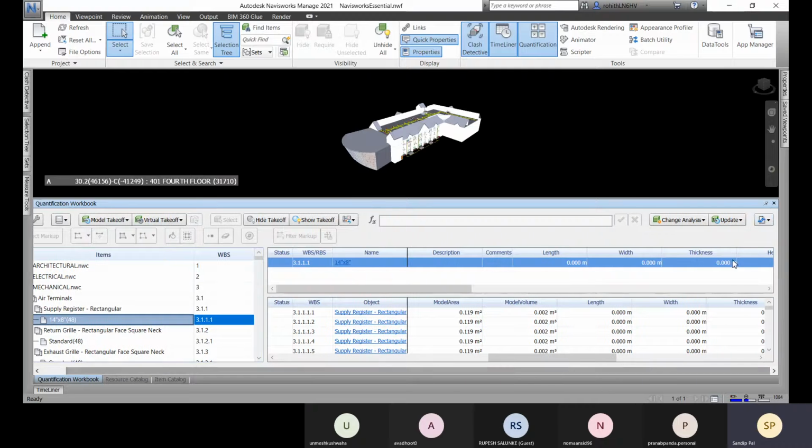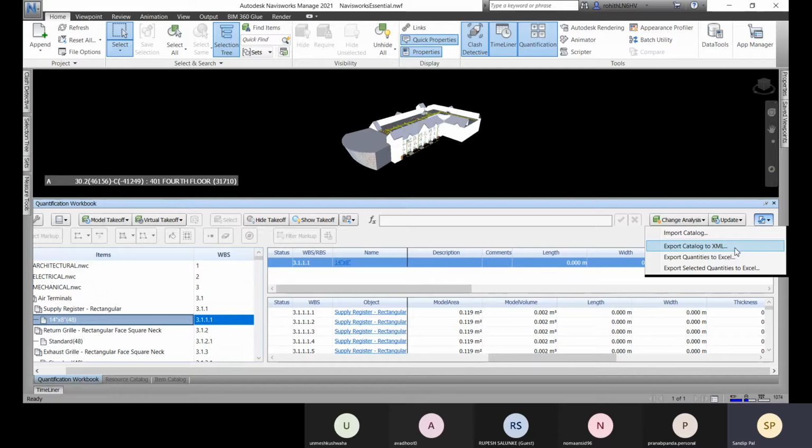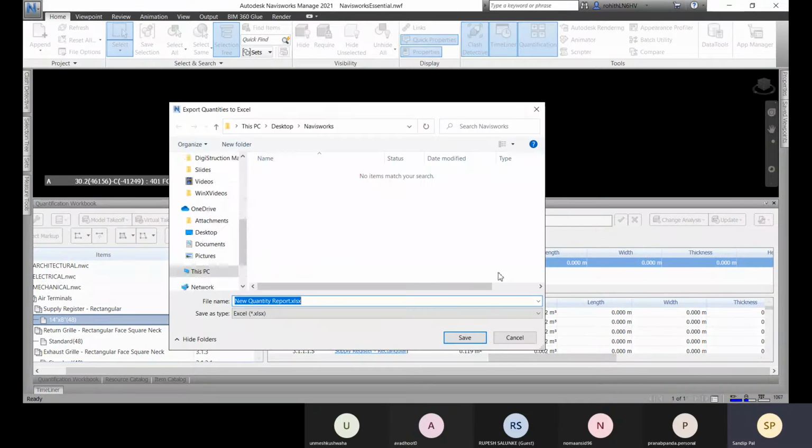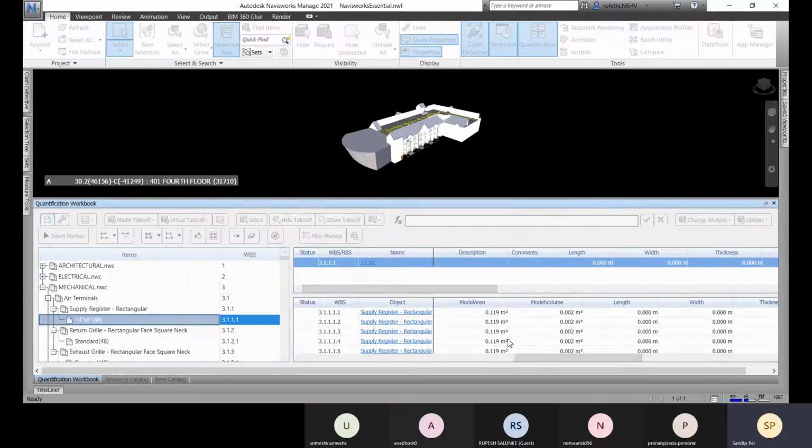And after that, come to this option. We can export it to any XML or Excel file. I'll choose export quantities to Excel and give it a name and the location where you want to save it, and click on the save, and it will be saved. Fine. So this is how we do it.